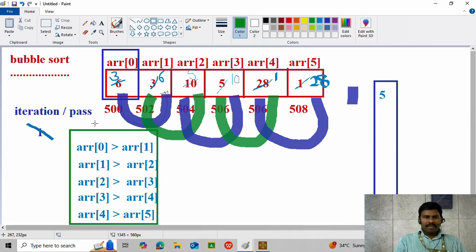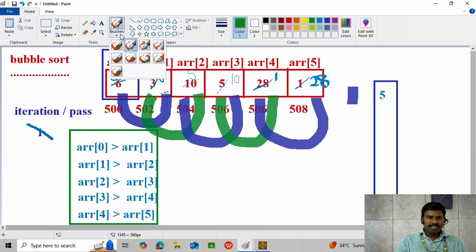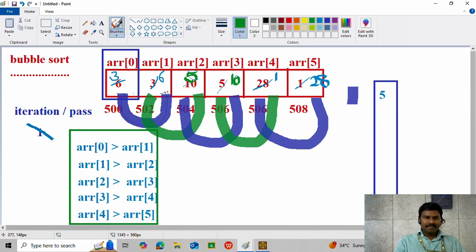Now, after completion of the first pass, the elements are in this position. This one is 5, this one is 10, 1, 28, 3, 6. Next, in the second pass, in iteration 2,